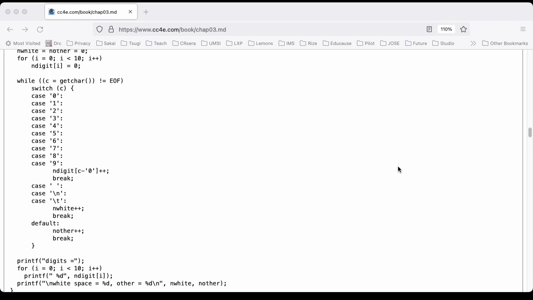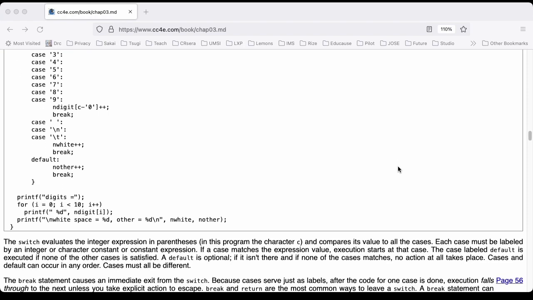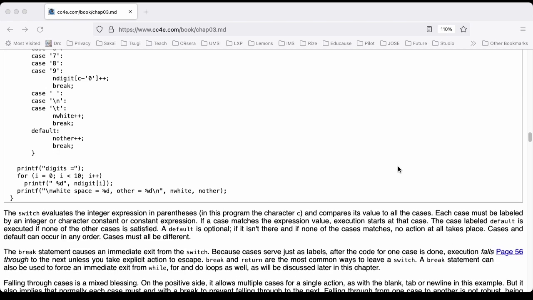case ' ': case '\n': case '\t': nwhite++; break; default: nother++; break; }. printf("digits ="); for (i = 0; i < 10; i++) printf(" %d", ndigit[i]); printf("\nwhite space = %d, other = %d\n", nwhite, nother); }